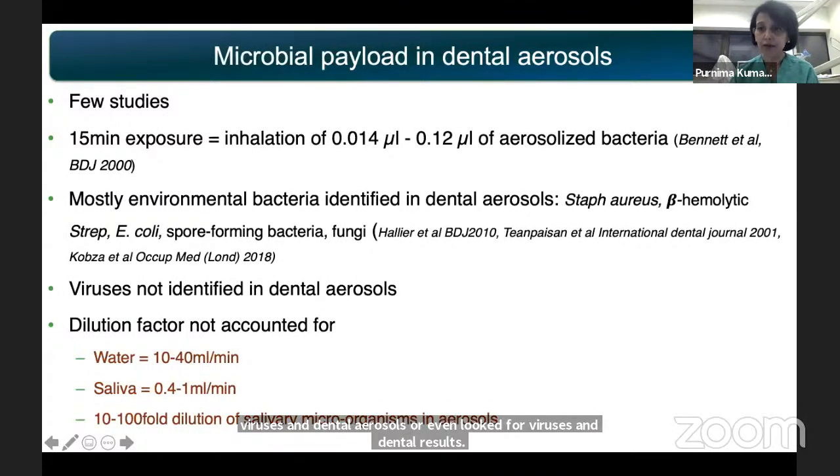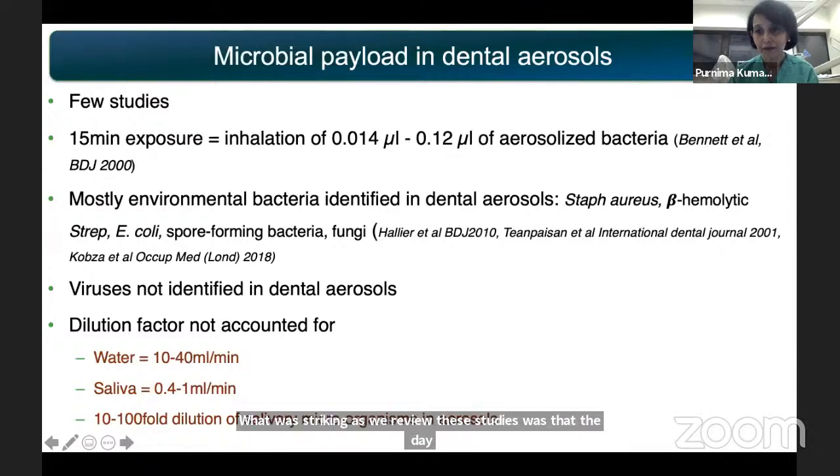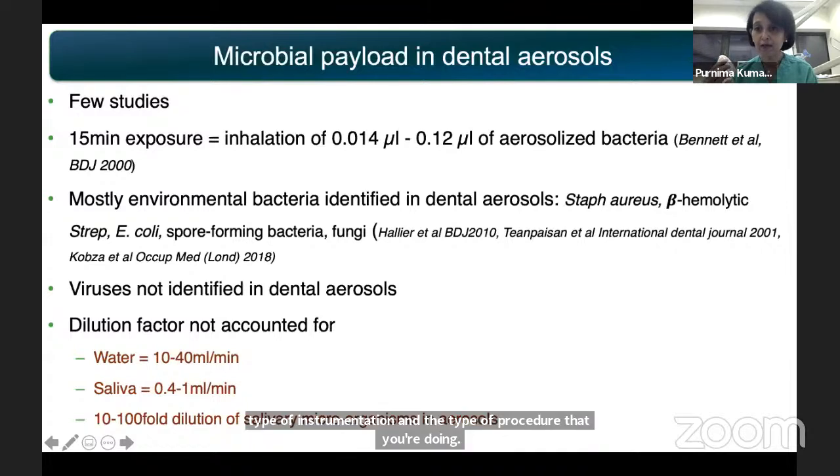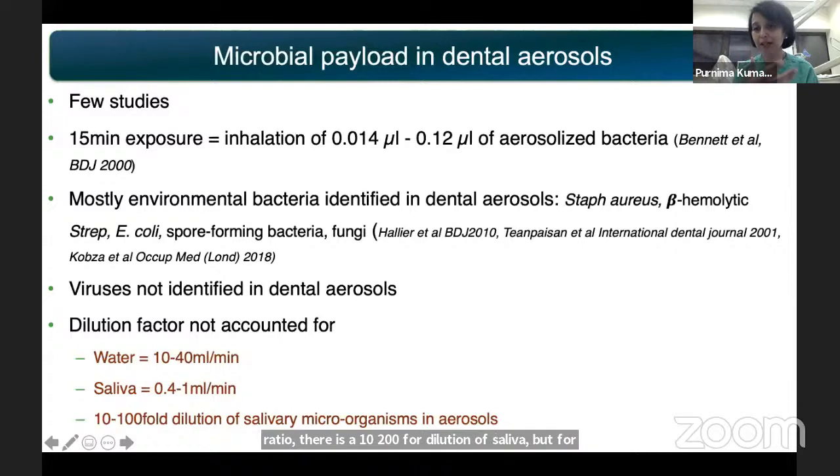What was striking as we reviewed these studies was the dilution factor. Dental aerosols, unlike medical aerosols, use some kind of an irrigant or a coolant fluid in most dental procedures. And the rate of flow of this coolant is different based on the type of instrumentation and the type of procedure that you're doing. Even assuming a very minimal water coolant or irrigant to saliva ratio, there is a 10 to 100-fold dilution of saliva before it becomes an aerosol. And in the presence of high volume intraoral evacuation and with pre-procedural mouthwash, there was little evidence about what exactly